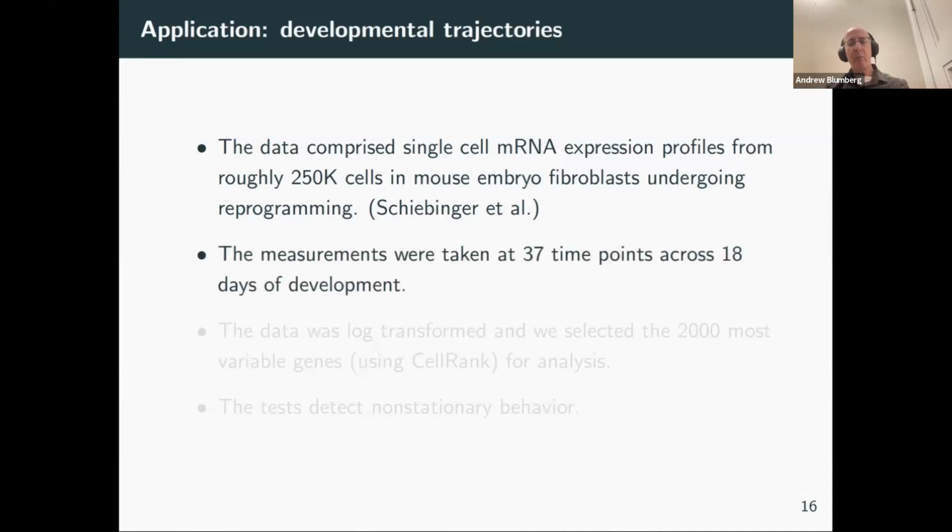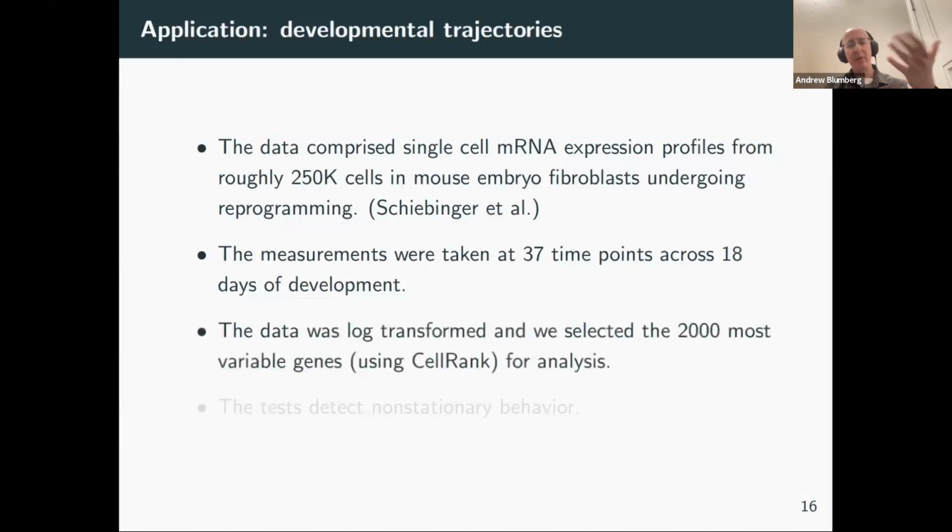So this is a small data set by the standards of the asymptotics, right? There are only 37 time points. And at each time point, as you can see, 250,000 total cells. There are thousands of cells at each time point. So that's pretty good. But the number of time points is quite small. And so it's really critical to have enough power to see things in finite samples. And just as a procedural thing, just to tell you what we did, the data was log transformed, and we did a gene selection to take the 2,000 most variable genes.